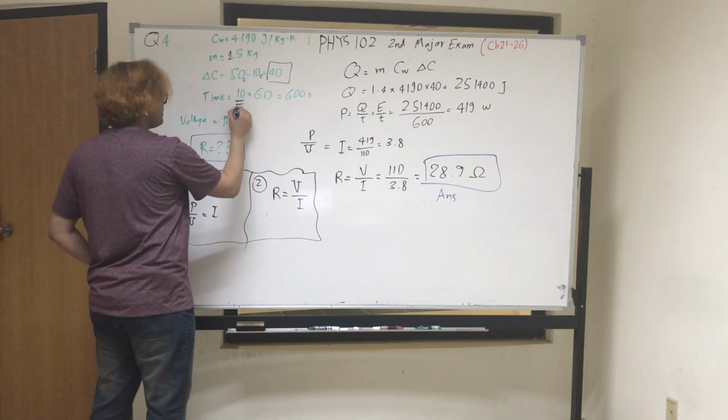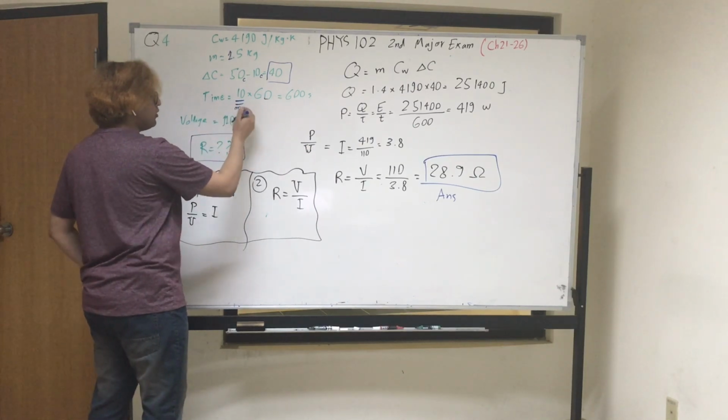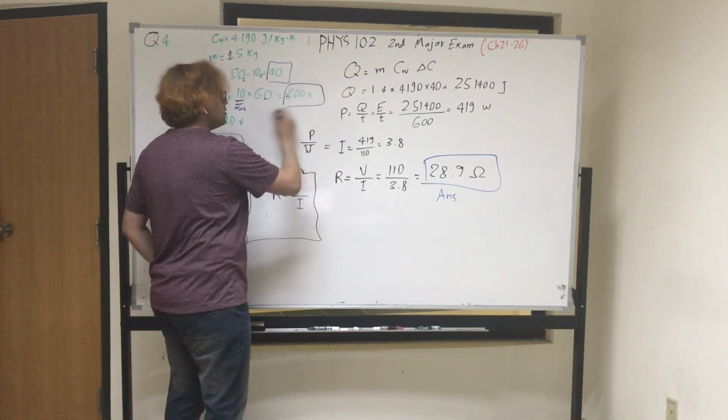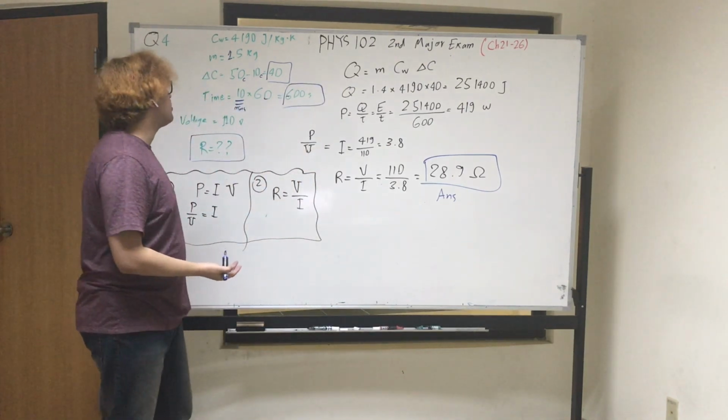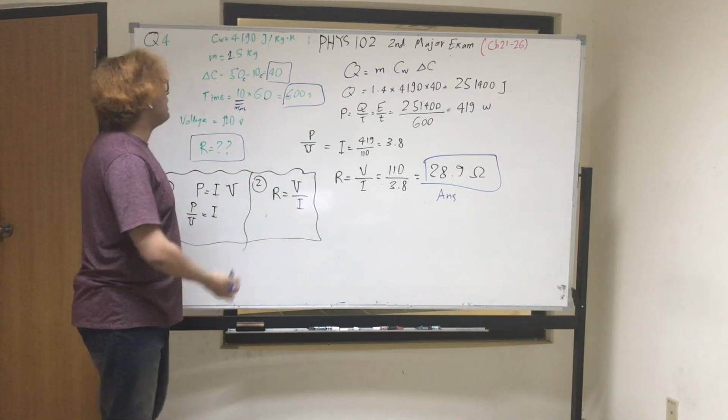We multiply the minutes by 60 in order to convert minutes to seconds. So it takes 600 seconds for the heater to increase the temperature by 40 Celsius degrees,